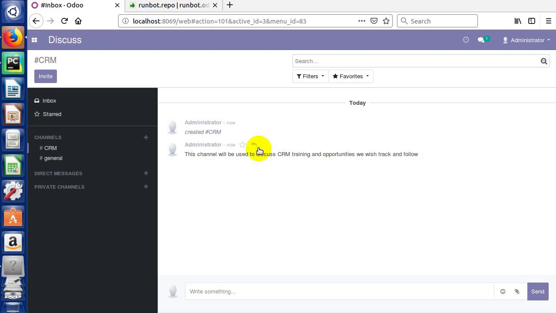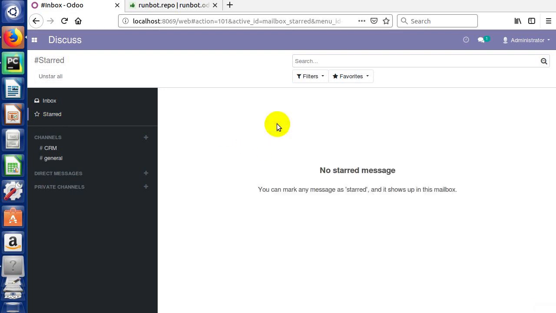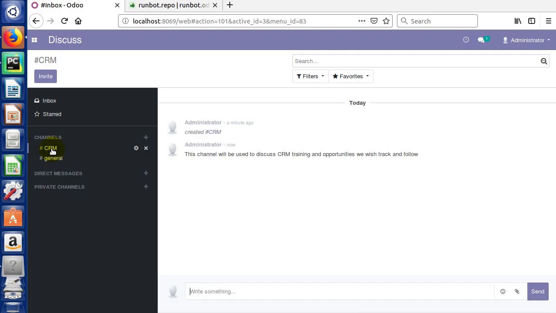And if we chose, we could take this and make it a favorite, and this will star up here. And they call it to do here, mark as to do, which puts it up in the star area. I don't know why they don't call this to do, if that's what it is when it's over here and you click it. But this just basically puts it up here so you can keep things that are important that you're trying to keep on a to-do list and put them up here. And of course you can just uncheck it and it drops off, and then of course it's going to be down here again. So we'll look a little bit more at this discuss application as we're moving through Odoo Essentials,